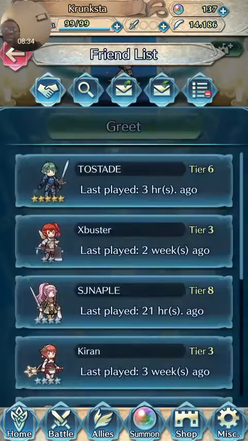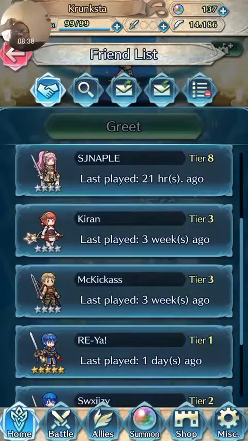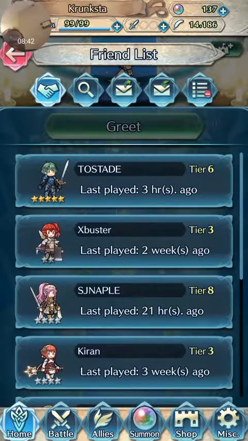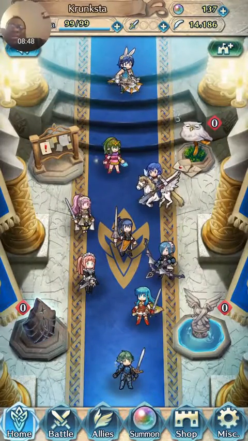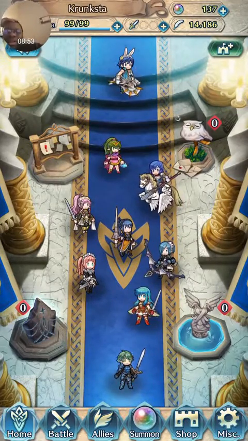Go to your pillar on the bottom left, or you can just tap on someone, go to greet, and it'll greet everybody that's on your list. Again, I don't have a lot of people because I just haven't really sent a lot of invites. But if you send me an invite, I will accept. I have no problem with that. I have no reason not to accept. So yeah, your daily logins and your friendship things give you feathers,